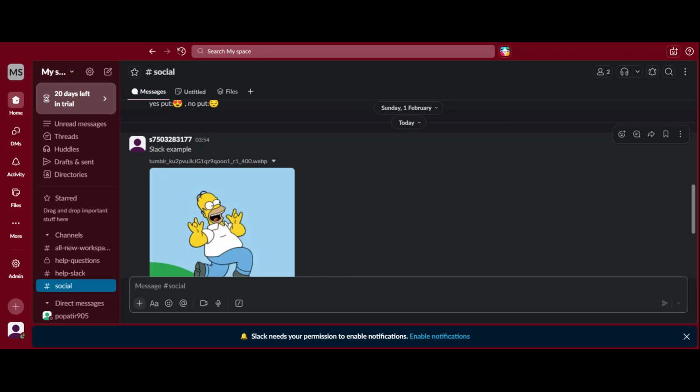In today's video, I'm going to show you exactly how to remove uploaded files on Slack step by step. This is useful if you've shared the wrong file, uploaded an outdated document, or simply want to clean up your workspace. Whether you're using Slack for work, teams, or personal projects, knowing how to delete uploaded files properly can save